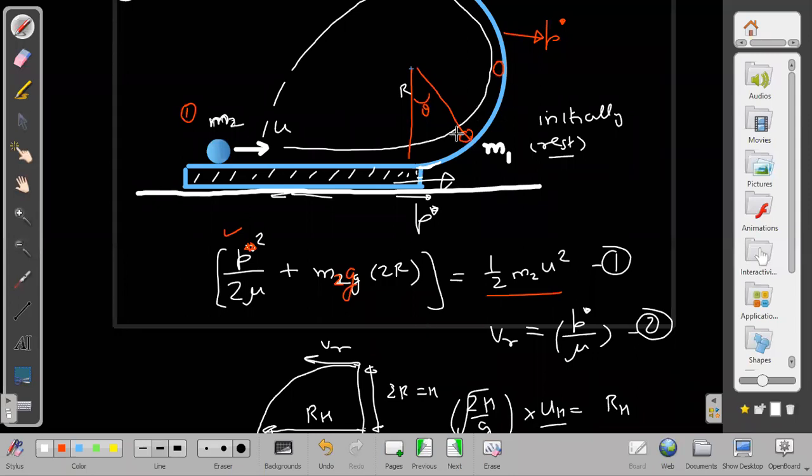So in order to find the normal, the first thing that should come to your mind is that we should not solve it from the ground frame, because in the ground frame it will be slightly more complicated as the path of the body is also not clear. In which frame is the path clear? The path is clear if I look from this. Then definitely it is a circular path.